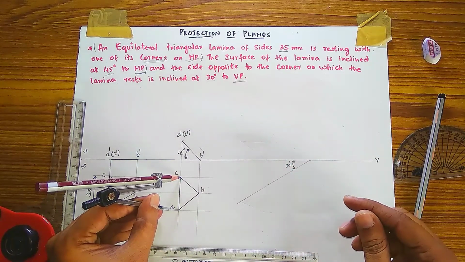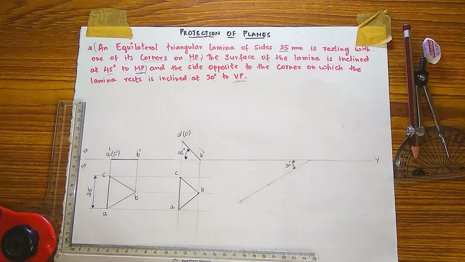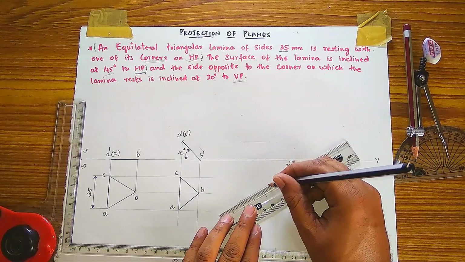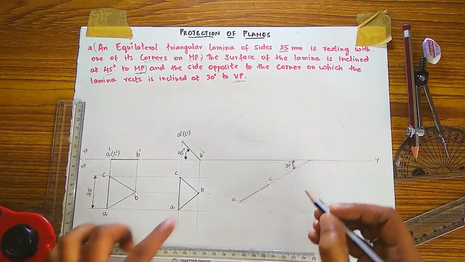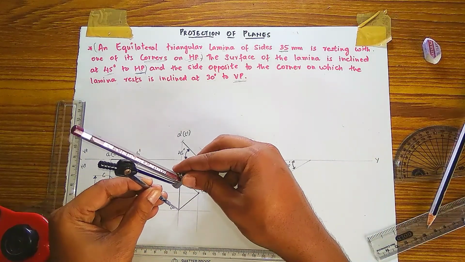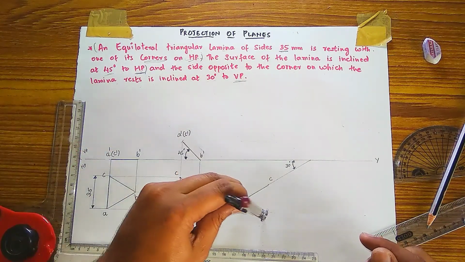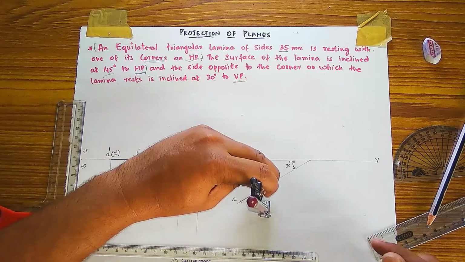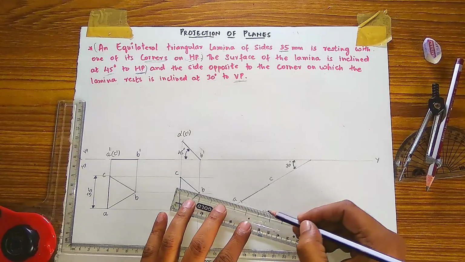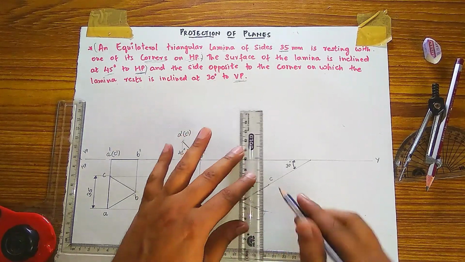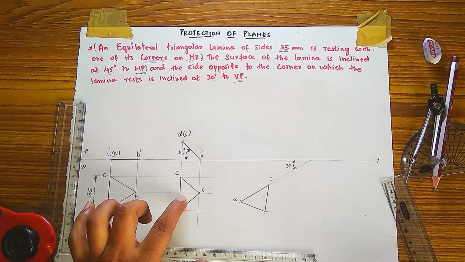Measure this side, put a point on that point, make an arc and draw the line, however much you are getting with that arc. This point is the A and this is the C. The remaining B point you have to copy with the divider only. So measure this A to B distance and C to B distance will be the same. So with that end, draw an arc here, and from that C end you have to put an arc. Now you have to dark it with that arc. Okay, now this triangle plane is copied here.